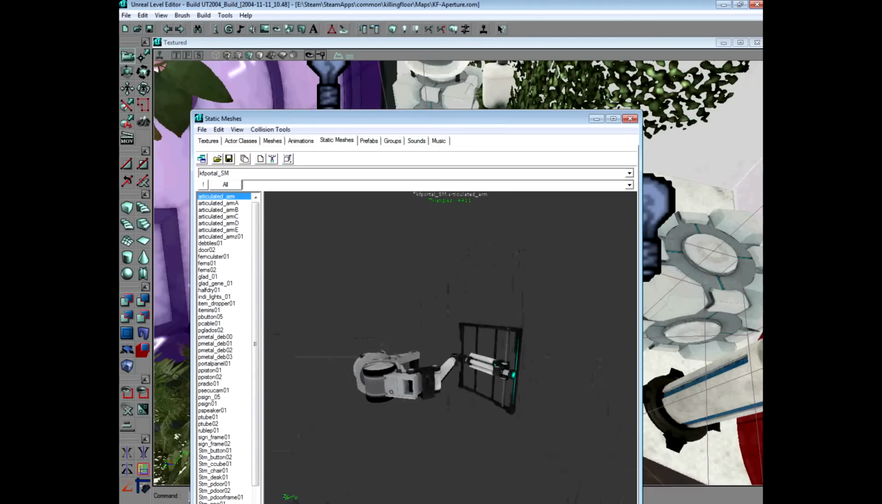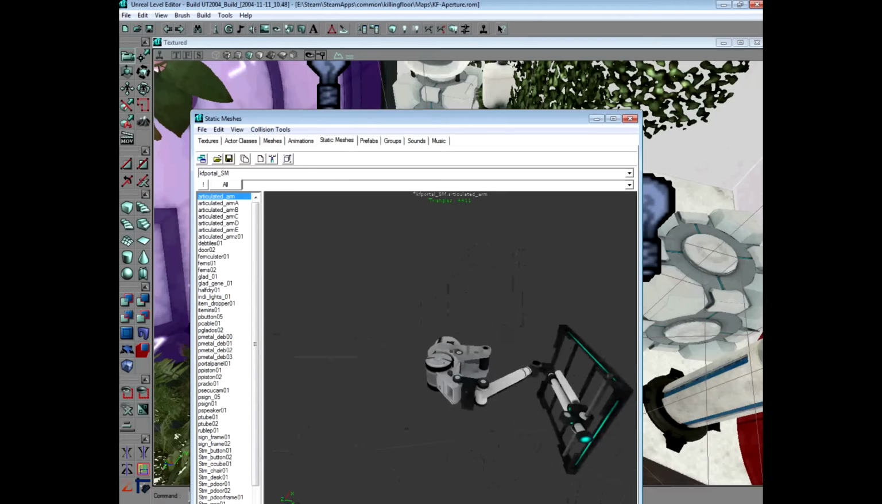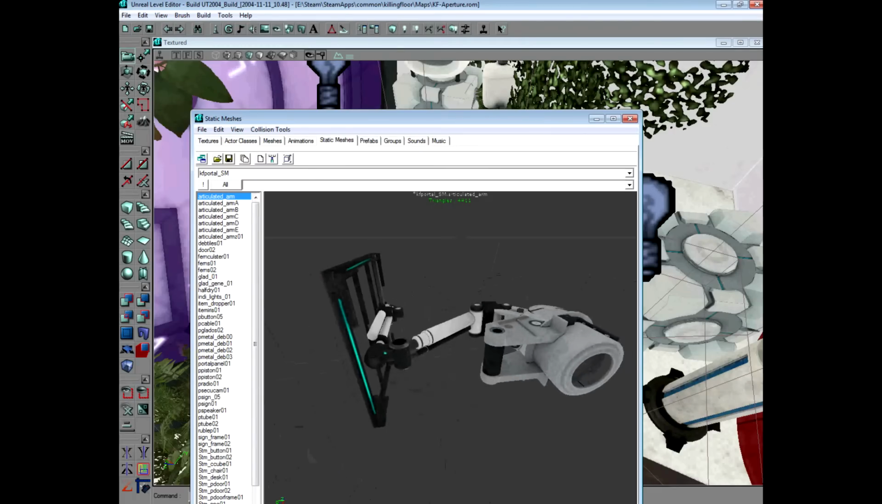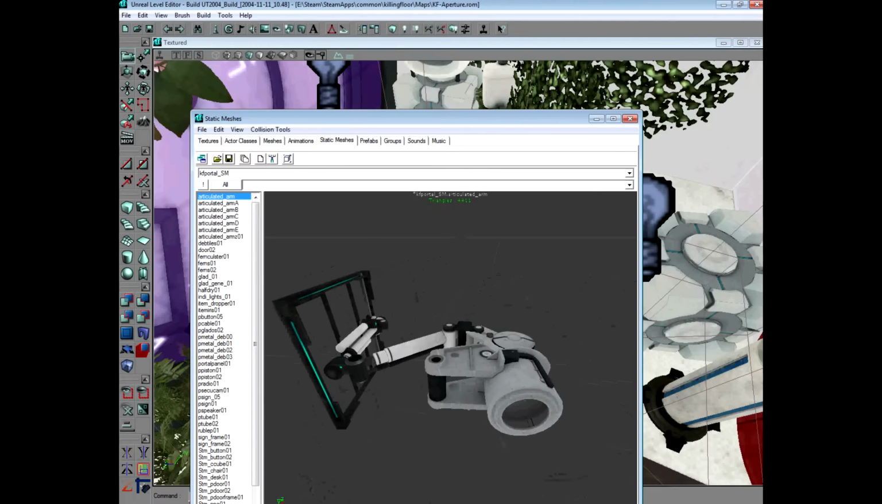Static meshes are not animated, so here's a little piece of equipment. This is some sort of manipulated arm. We may use this, but here's the thing. Okay, so this is in package KF Porthole Static Mesh. So what you're going to want to do